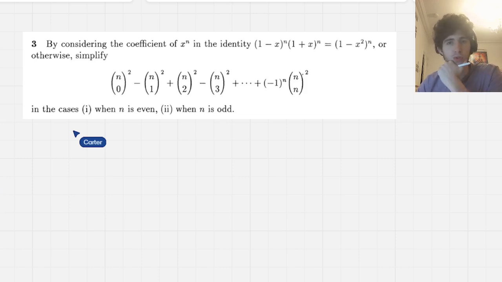Here is question 3 from the paper, which asks us to consider the coefficient of x to the n in that identity: 1 minus x to the n times 1 plus x to the n, which is obviously also equal to 1 minus x squared to the n. So we have to consider that coefficient and then simplify that big expression in those two cases. So if n is even or if n is odd, we need to be able to determine what that